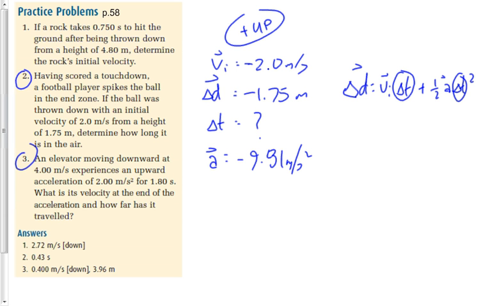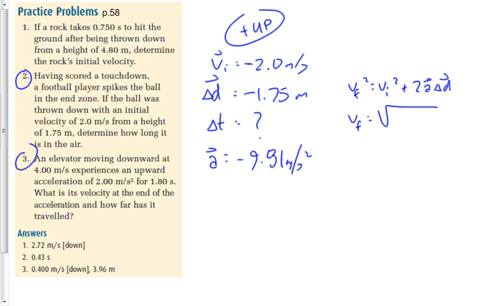What I'd like to do is maybe solve for something I'm not even looking for. Maybe that will help me solve for delta t using an easier equation. So let's say, I can't use A is equal to delta V over delta t because I don't know what VF is. Could I do this? VF squared is equal to VI squared plus 2AD and solve for VF? Sure. It's not what I'm looking for, but it might help me solve for what I am looking for. VF is going to be equal to the square root of 2 squared plus 2 times negative 9.81